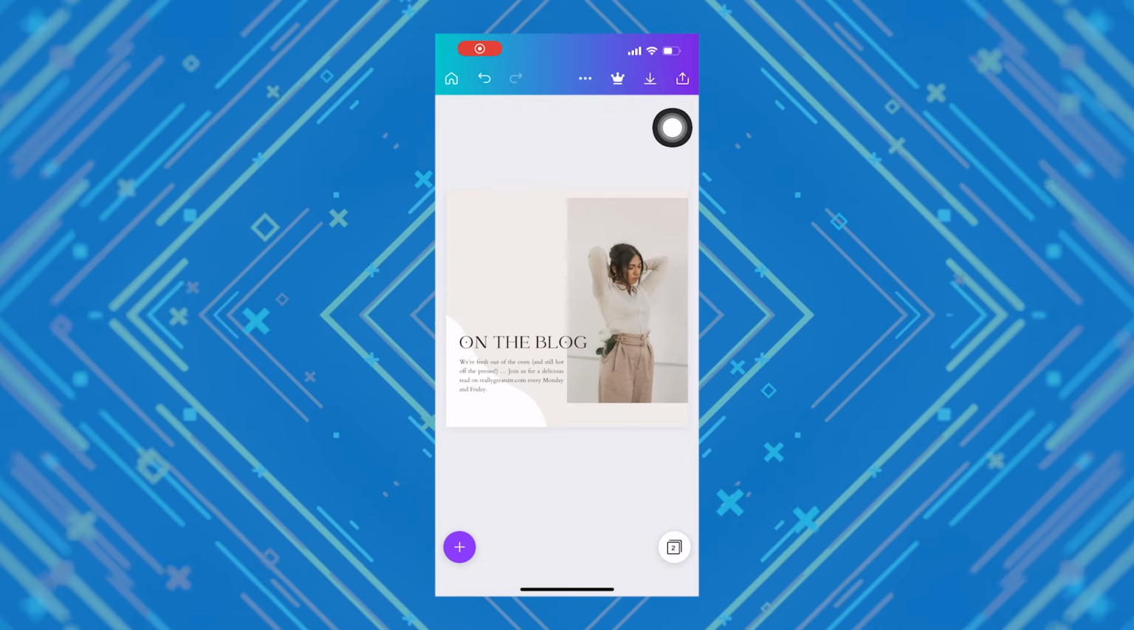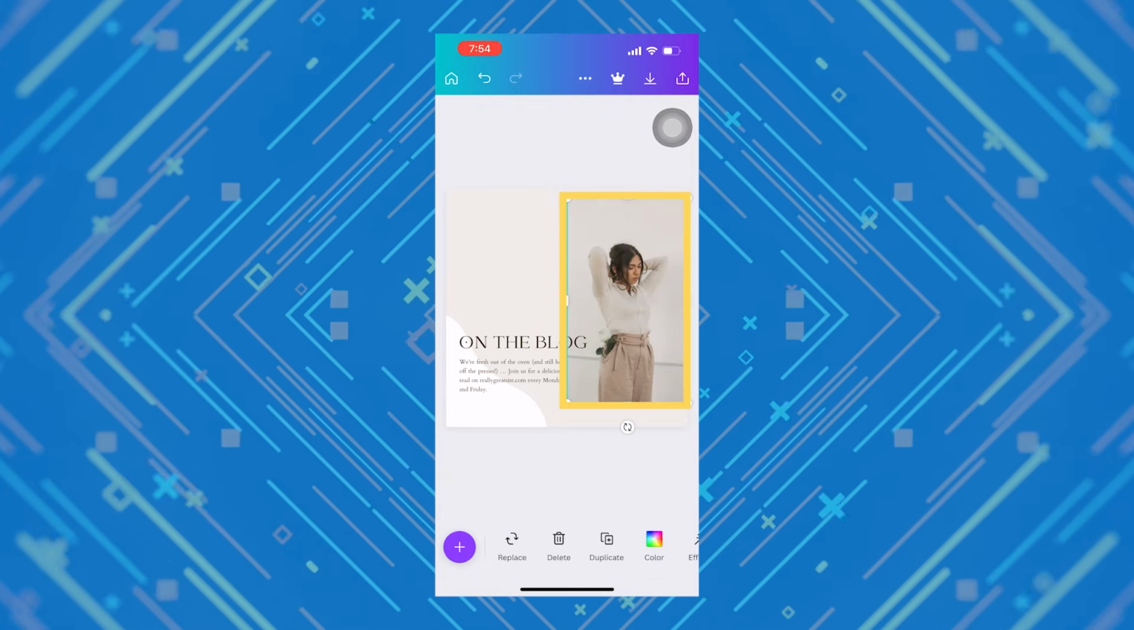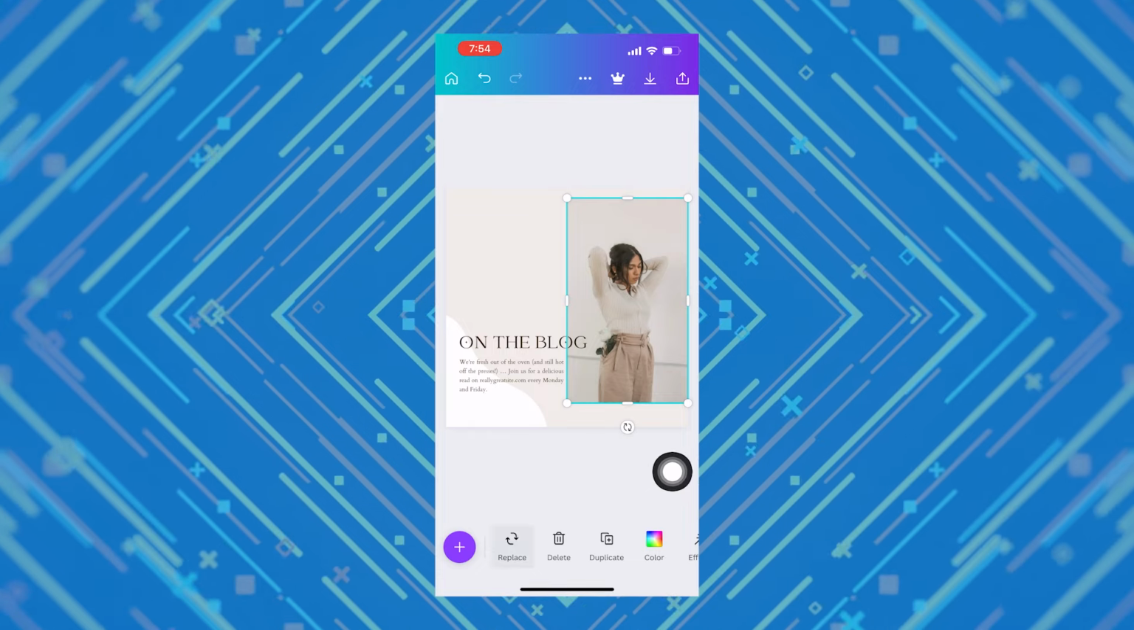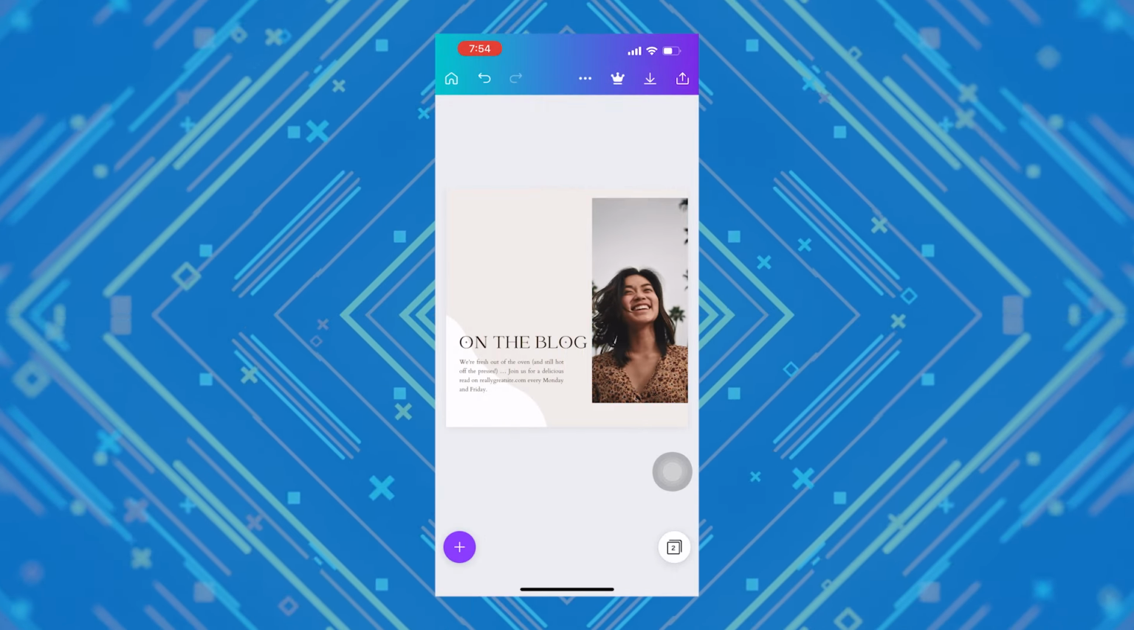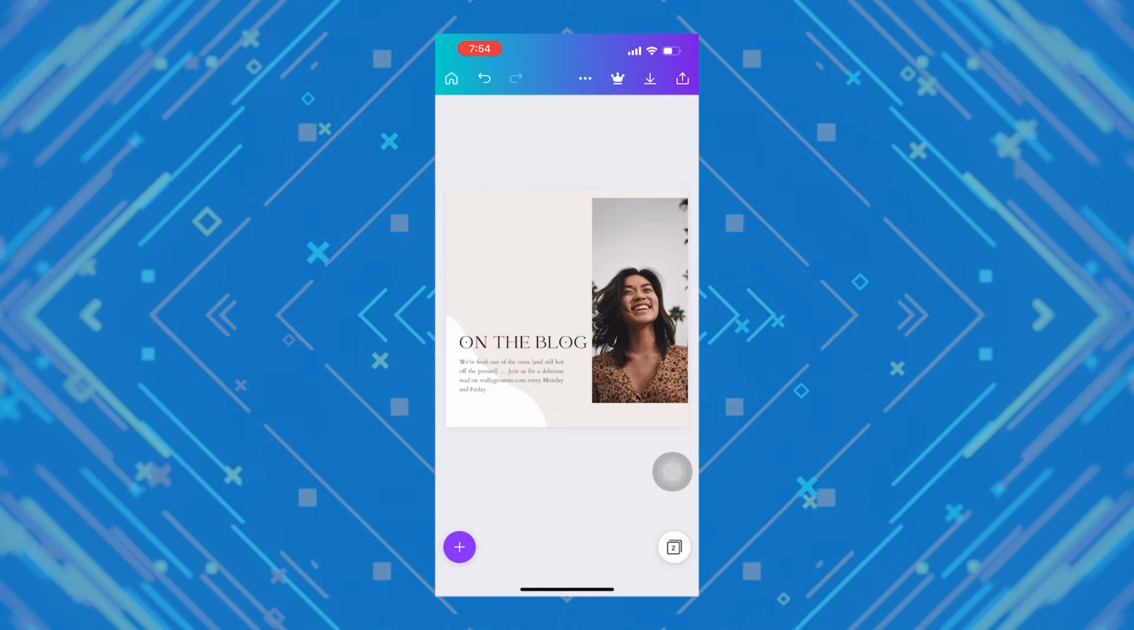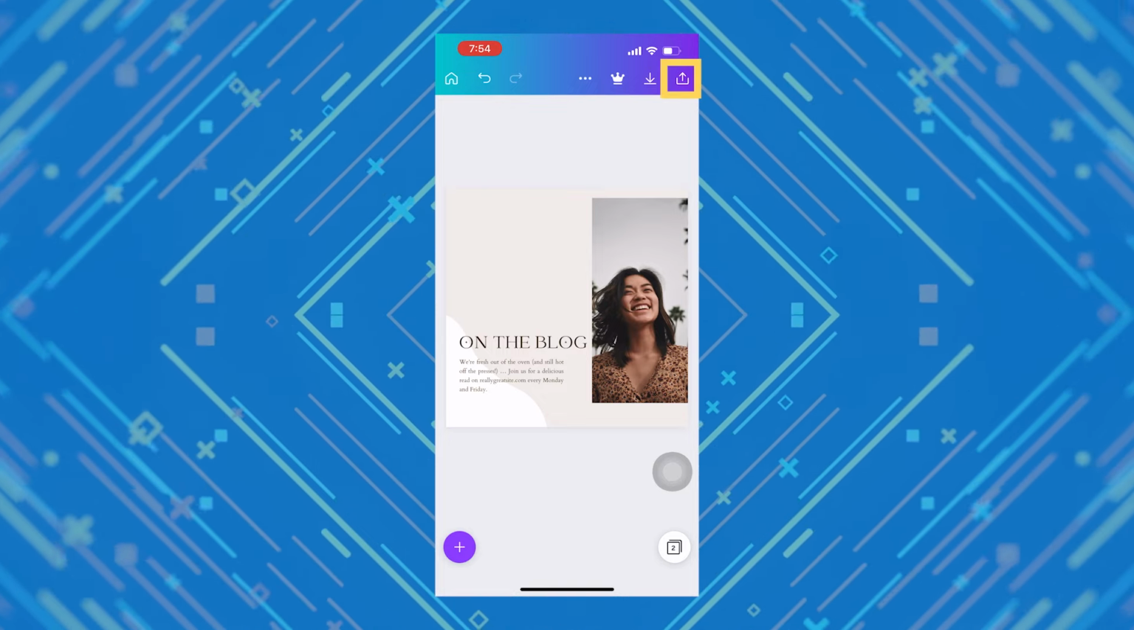bottom of the screen. If you want to replace your main image, simply select it and tap Replace on your tools, and you can select either a stock photo or video, or tap on the Images tab to upload something from your phone's photos. To save your graphic, tap on the Download button at the top right of your screen